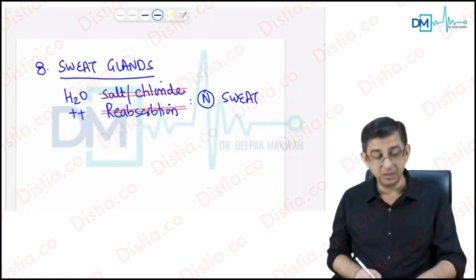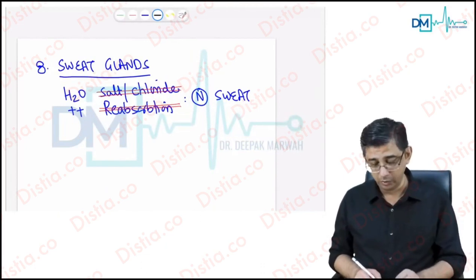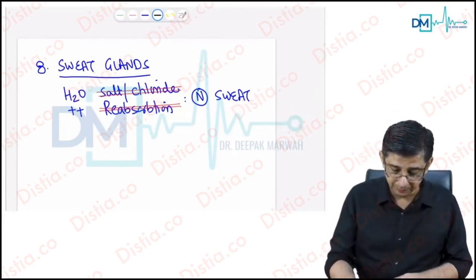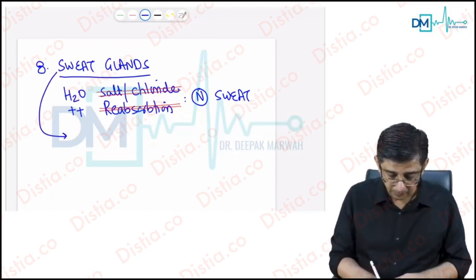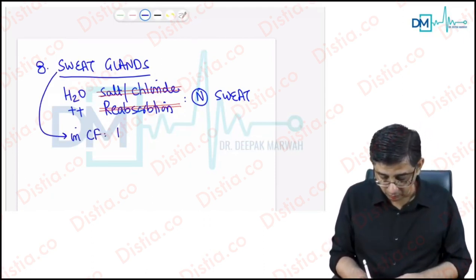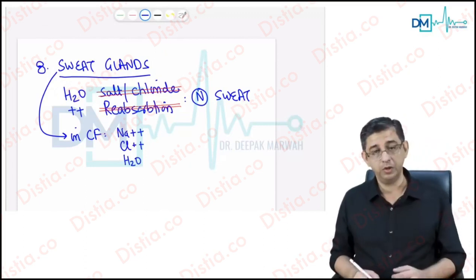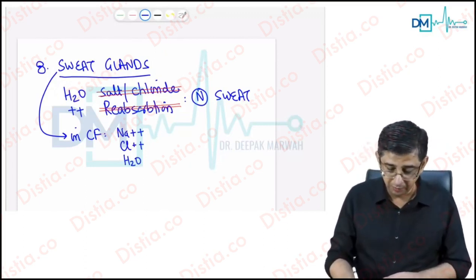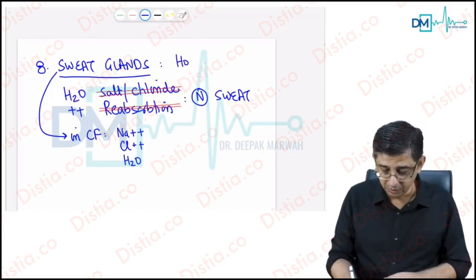Yes, that is sweat glands. The sweat glands are not able to reabsorb the salt and the chloride properly. So in cystic fibrosis patients, there is more salt, there is more chloride, and obviously the water component is anyway going to be there. I mean, salt is going to hold up the water also. So especially if a person with cystic fibrosis is exposed to a hot environment,